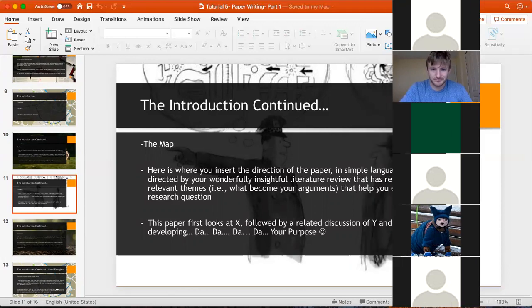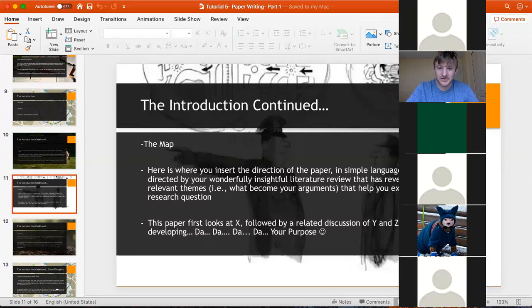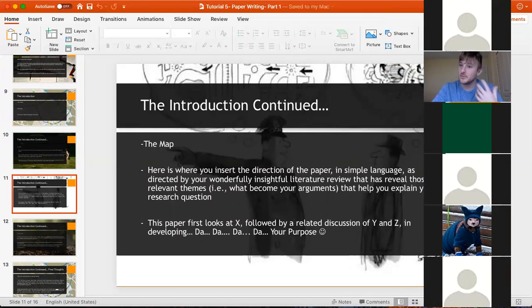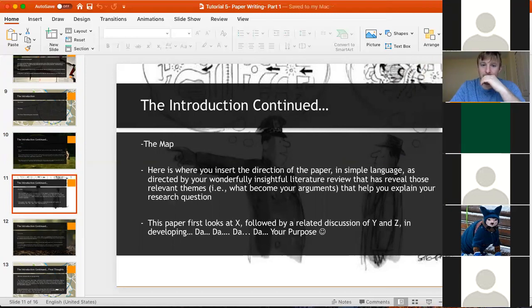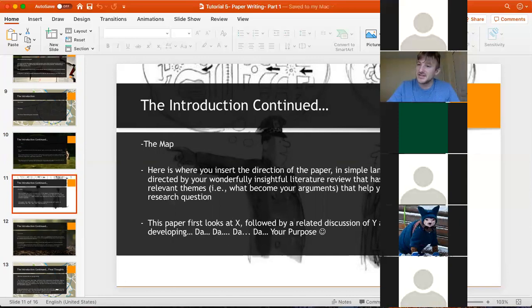Here I just wrote down below. After you've given me your hook, you've given an introduction to what I'm supposed to be reading, which has got me engaged, your paper should have a sentence that looks like this: this paper first looks at X, some phenomenon, followed by a related discussion of Y, some other theme that you've pulled out from your literature review, and Z. It might just be X and Y, or Z. It might just be 2 things. It might be 3 themes. It's really up to you depending on the depth you went into them. And so this paper does this, and then looks at this, and then looks at this in order to develop